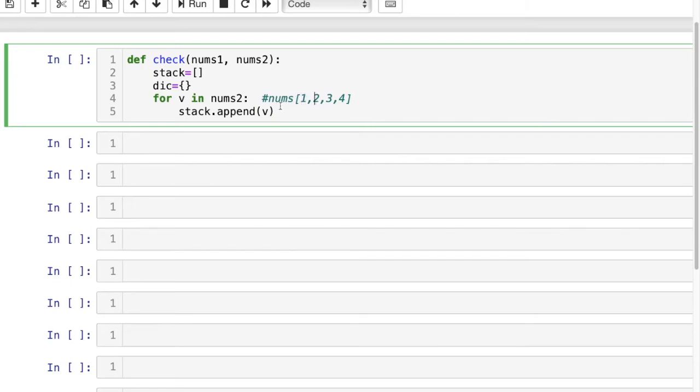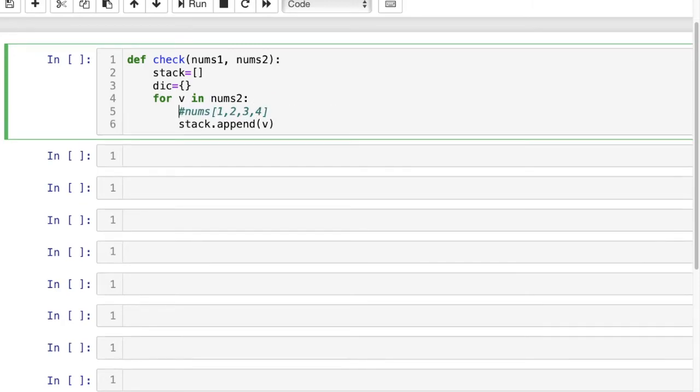So for 2, before adding this into the stack, we will check whether the value present in my stack, which is 1, is less than the upcoming element. So for that we will write our logic here.